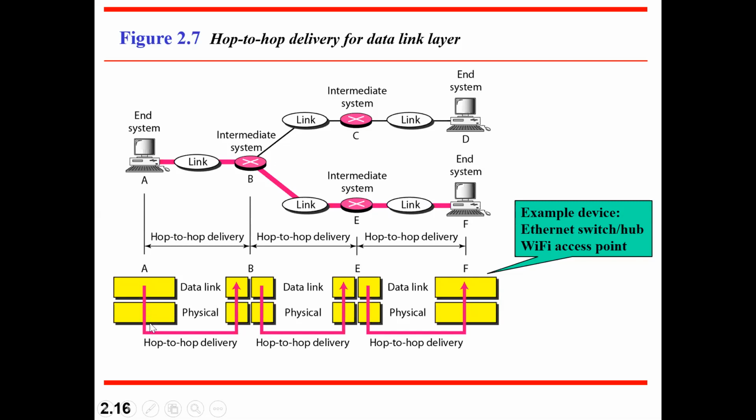It is at the data link layer. That means error correction and detection techniques have been taken care of, it is controlling the flow, and the access is also controlled. Everything is attached, and all that information is transferred to the physical layer. Once the physical layer takes charge, it converts all the data into bits, and each bit is transmitted through the medium to the next immediate node. The immediate node can be an intermediate node or a system. According to this diagram, the next immediate node is an intermediate system.